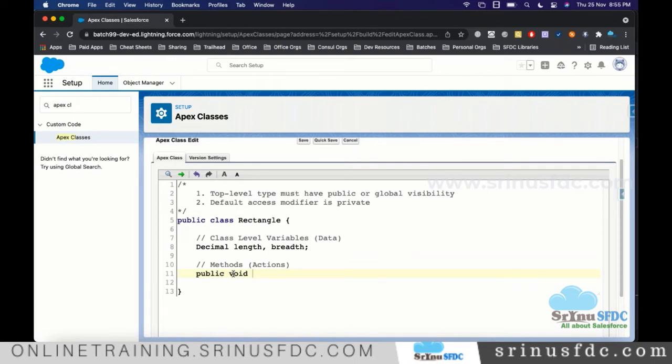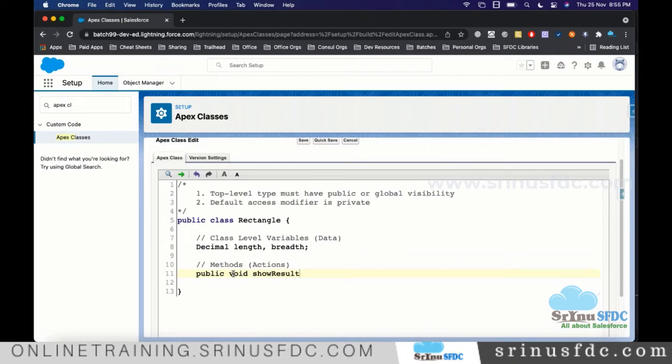If you say no, it won't return. So if there is no need of returning something, we use void. If there is a requirement to get something in return after executing the method, we mention which type you want. For now, I'm taking void, and I'm giving the name of the method as showResult.